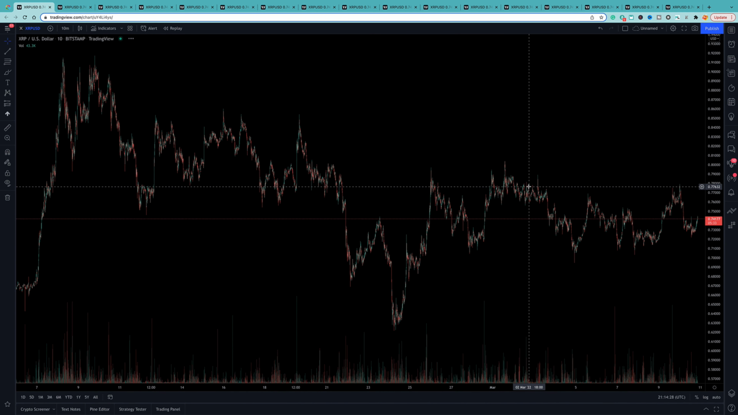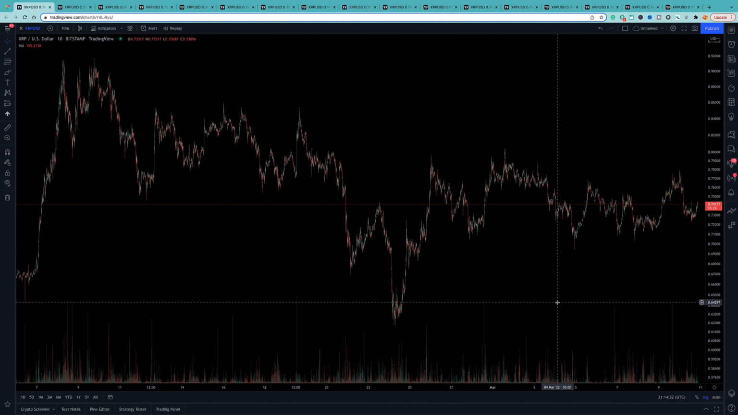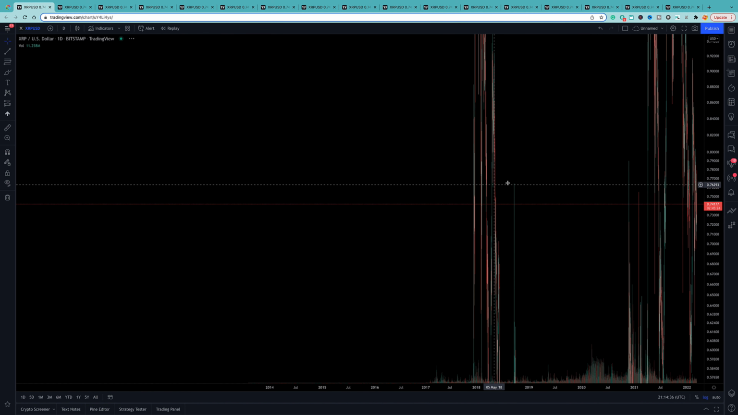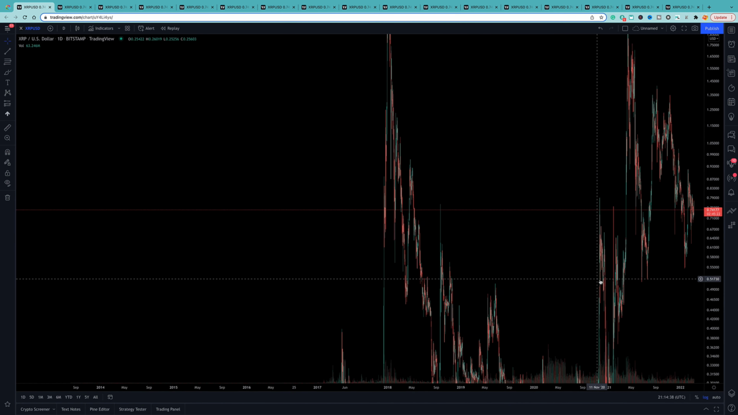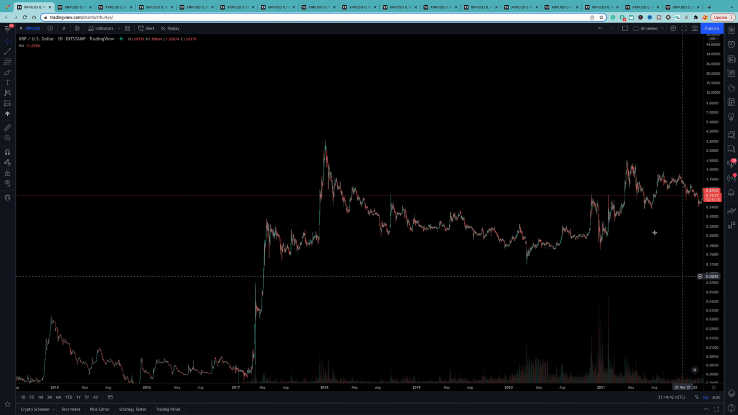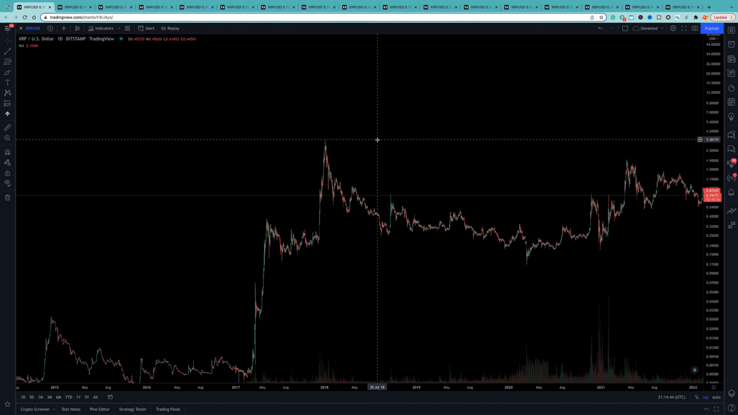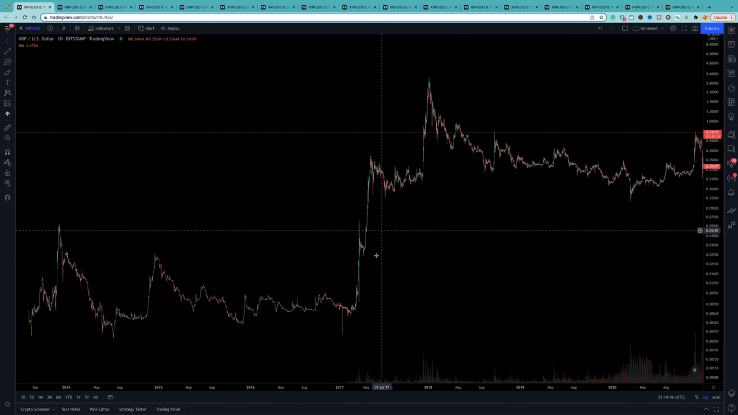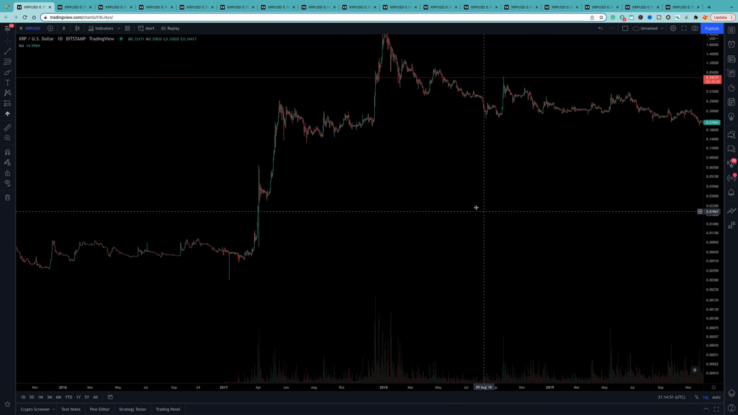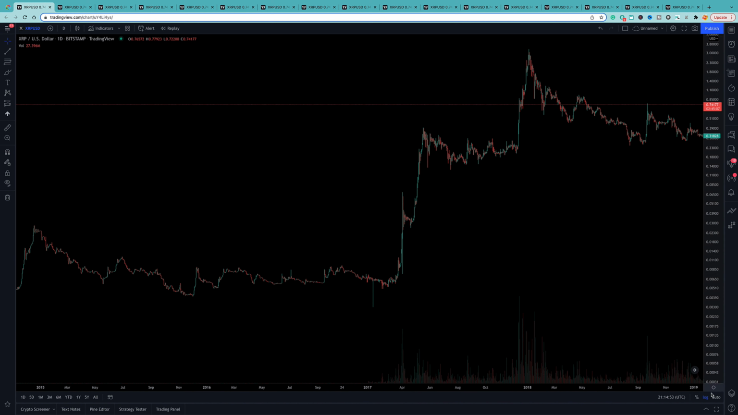And I'm going to put it on log, and then I'm going to put it on daily, and that lets me look at a lot more price action. So here is the previous all-time high,